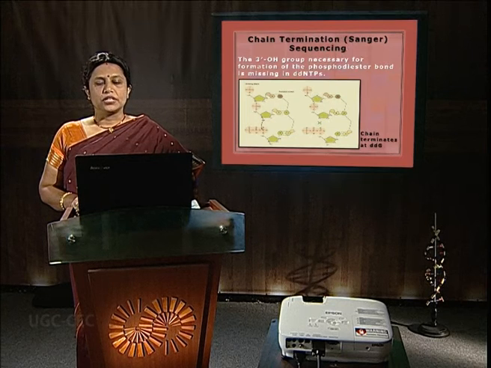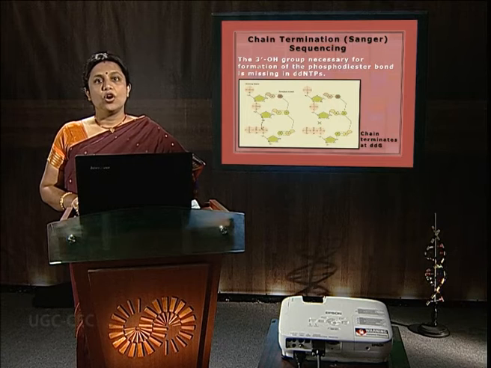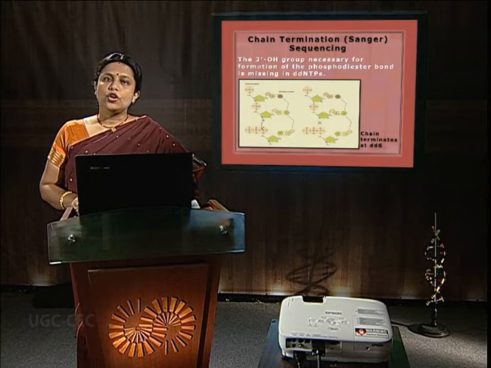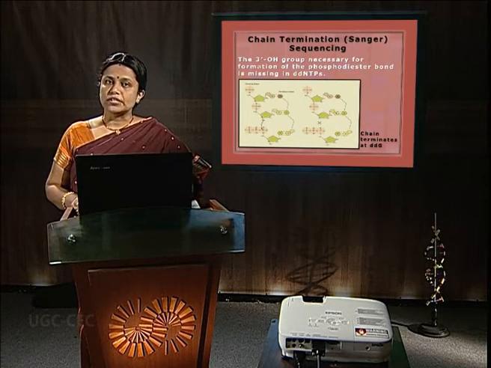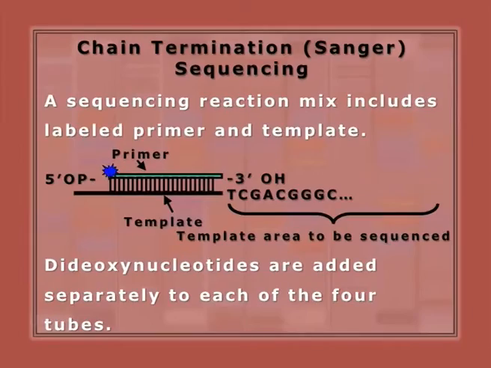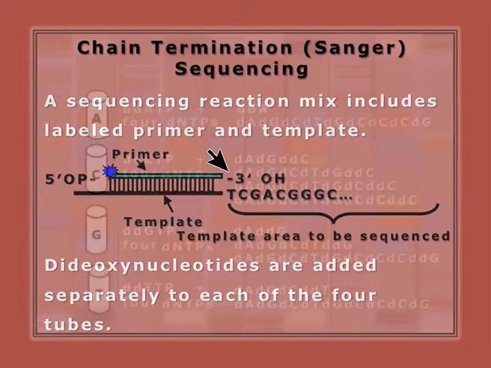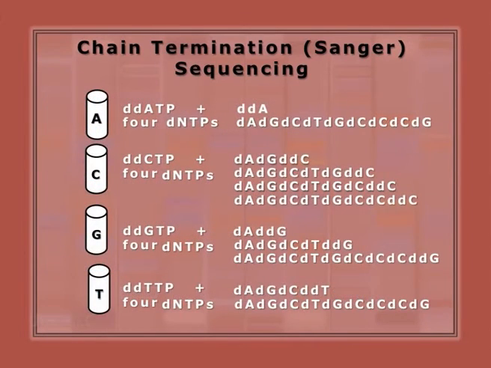The sequencing reaction was done on this very principle that dideoxynucleotidyl triphosphates were used, and whenever they got incorporated in the DNA chain, DNA synthesis stopped. And herein also radiolabeled primers were used so that the DNA is radiolabeled at the 5' end. You can see here that the primer is radiolabeled at the 5' end, and the synthesis moves on from 5' to 3' direction. And wherever there is incorporation of dideoxynucleotides, the chain will terminate.